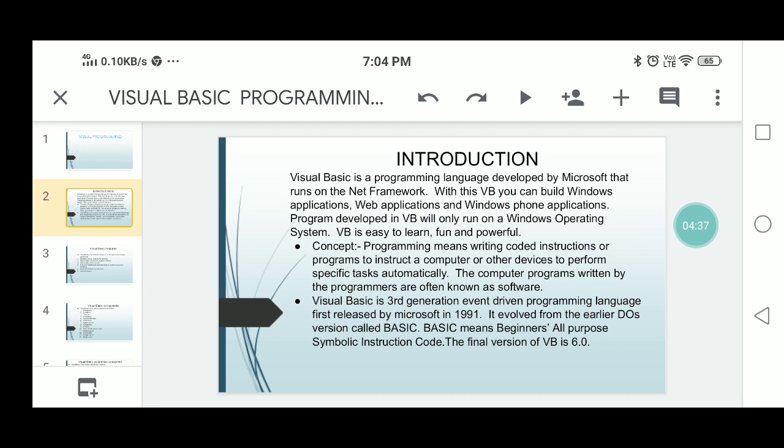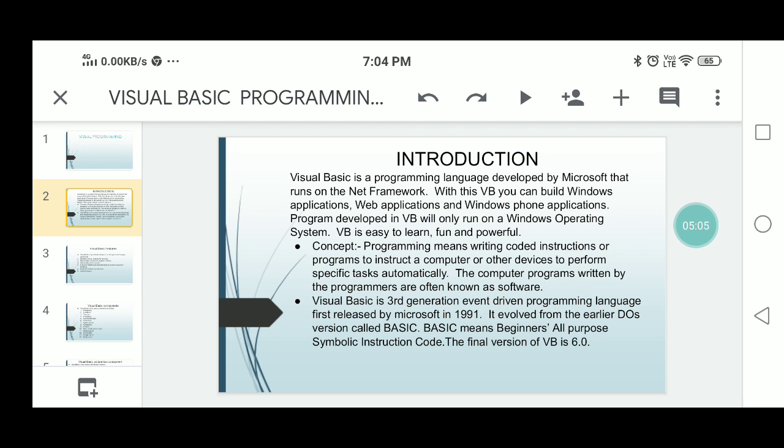Then the next concept of Visual Basic: programming means writing coded instructions or programs to instruct a computer or other devices to perform specific tasks automatically. That is the program. Programming is a stepwise implementation of your problem. After that, you can write the program.